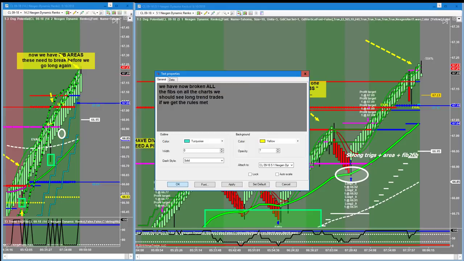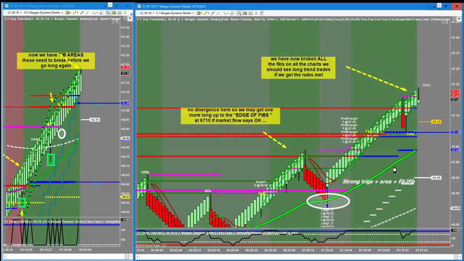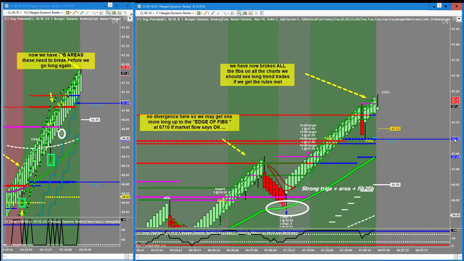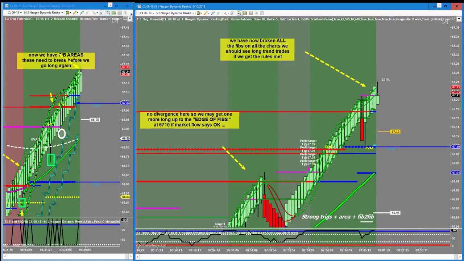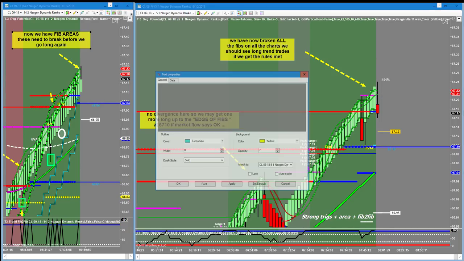Did we have divergence on the highs of our charts? Again, we've got to get the rules met first. So we'll wait for the rules to be met. We need our Fib to Fib oscillator to get down to 75. We need a retracement. And again, you can look at the large chart and see pretty easily where the help comes in, right? 67.10 down to 67.04, so that's pretty much the window, right? So if you were going to be a little bit more assertive with your entry,